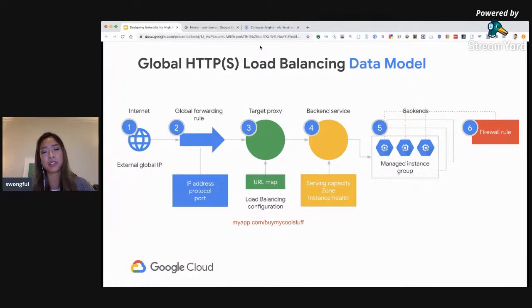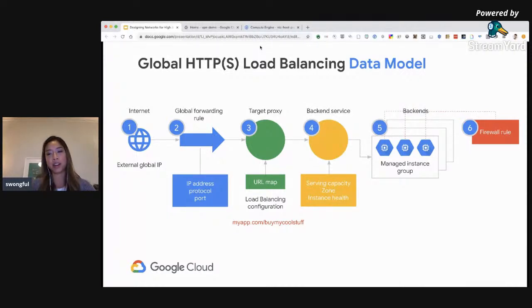So backend services are essentially what we call managed instance groups. I'll show you what that looks like in the console, but effectively you can consider managed instance groups like a scalable, highly available way to run your backends. So that could be a web server that you're trying to get to, or it could be the shopping application that you're running, and you would deploy those in replicated instances that are managed in an instance group.